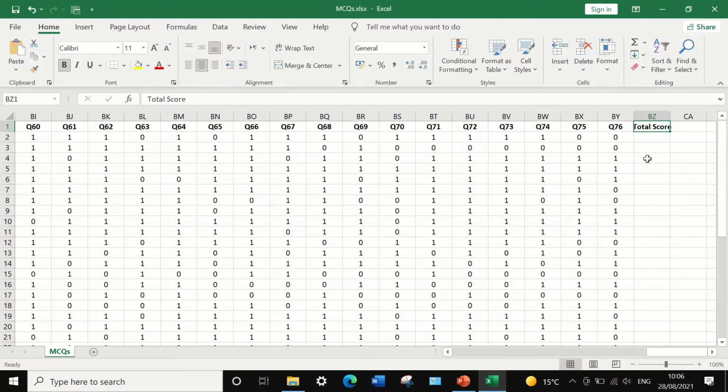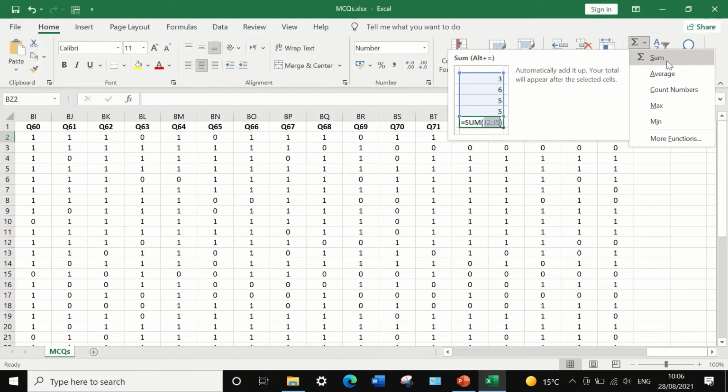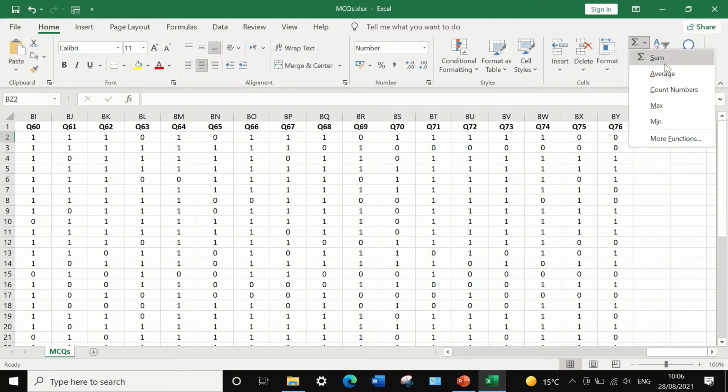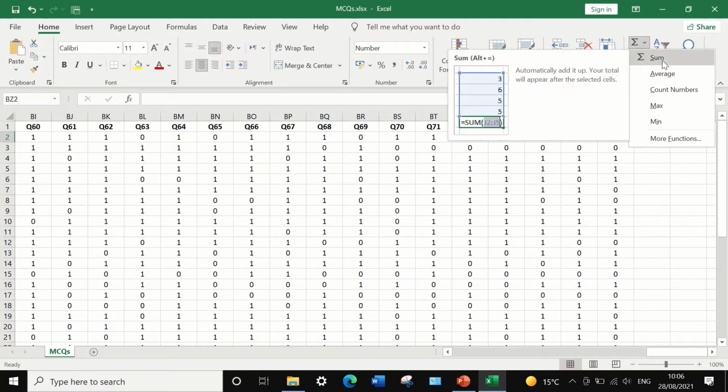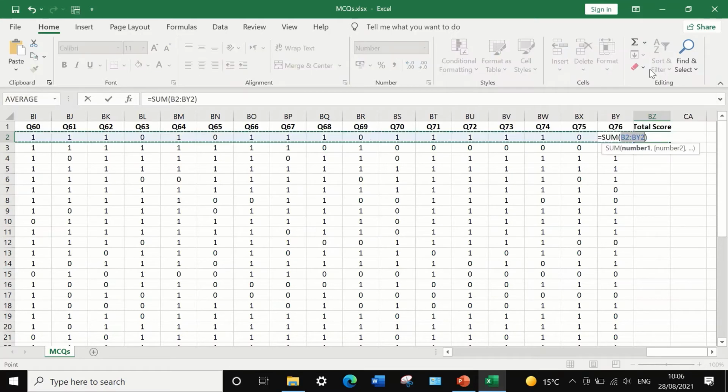And the way to calculate that is to click on the cell here and then click on the symbol here. We can use two methods, either using the sum, adding up all the values, or using the average. And I'm going to use the sum method, in which I'm going to select